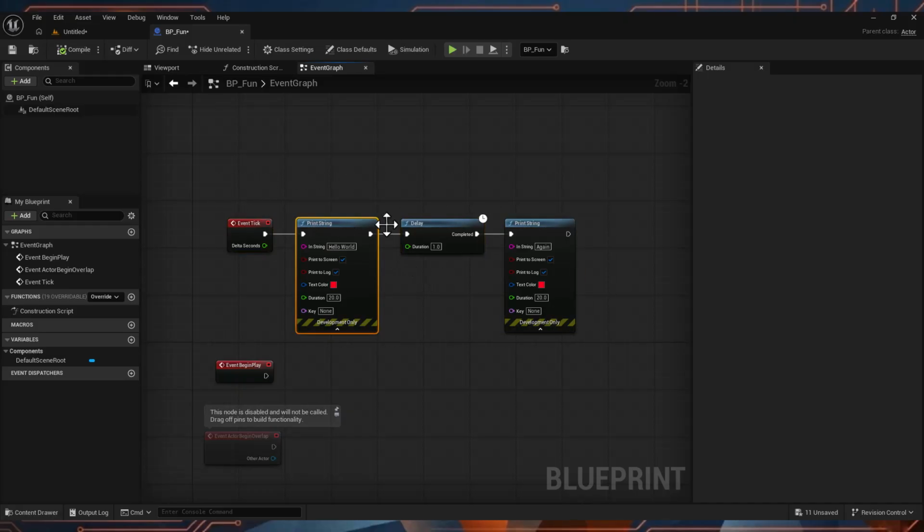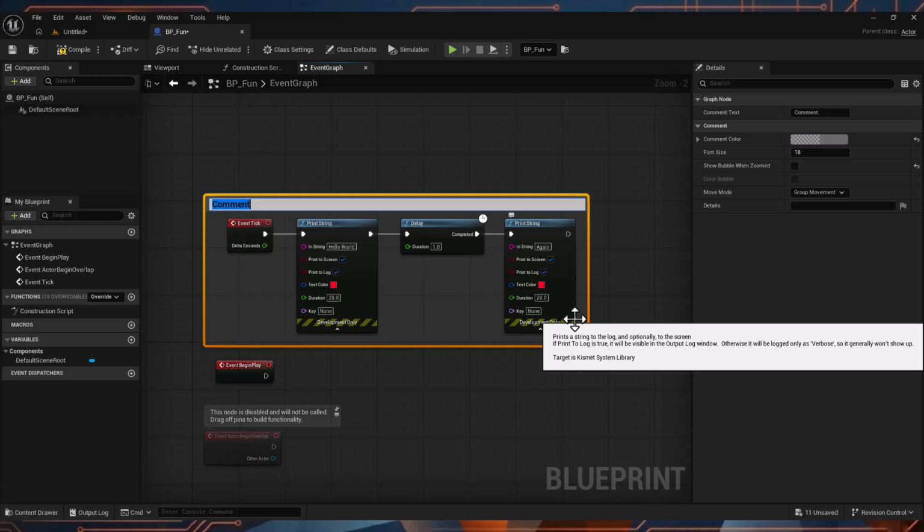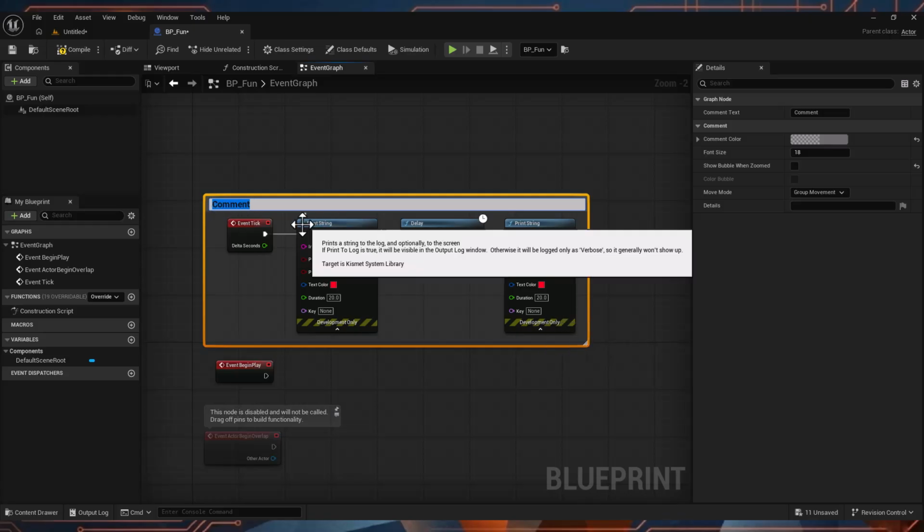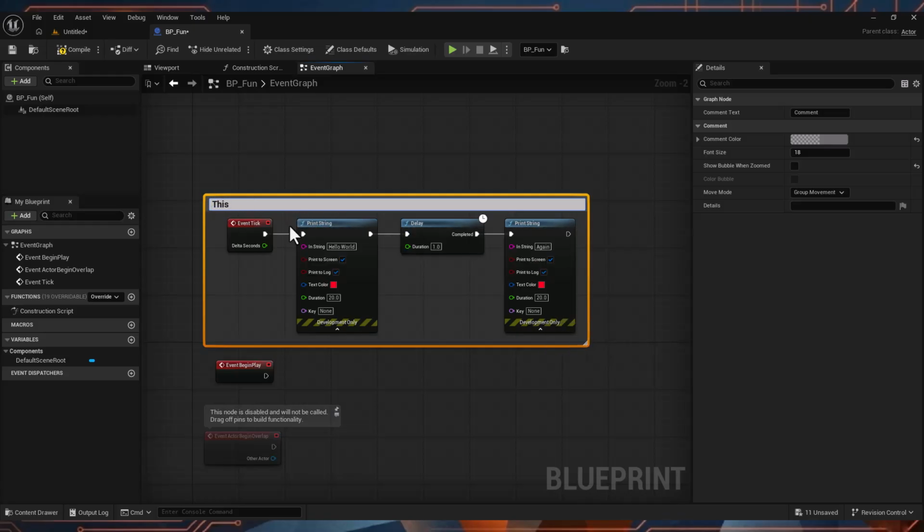I mean, it looks pretty simple, right? Print string, delay, print string. But let's say somebody doesn't know. Well, I can go in here and I can highlight this, and I can press the C, like Charlie key, and I can add a comment. And so I could say, this block of code prints,